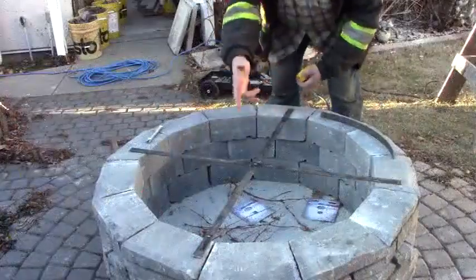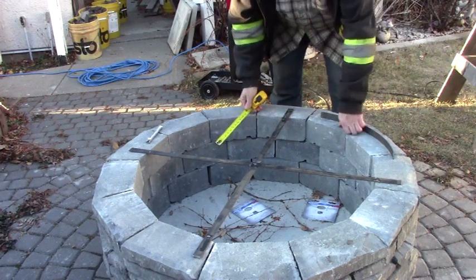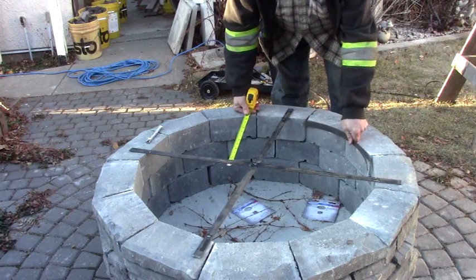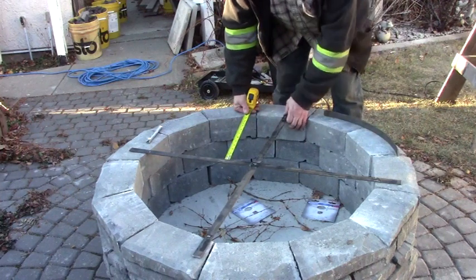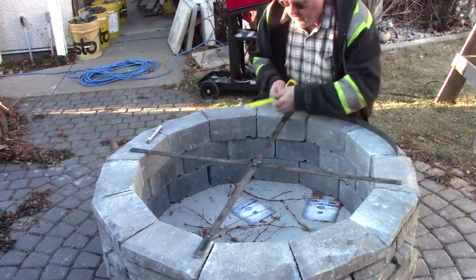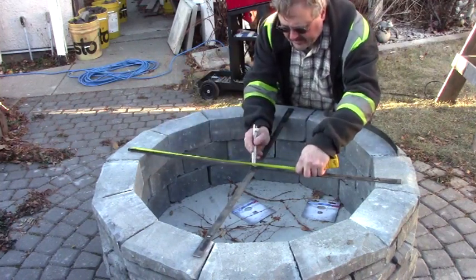So anyways, the inside dimension of my fire pit is about 34¼ inches. So we can put a ring around the inside, or maybe we should make it just a little less, maybe 33 inches, just to give ourselves a little bit of room. But basically, measure to the center here. We'll just put an X here,